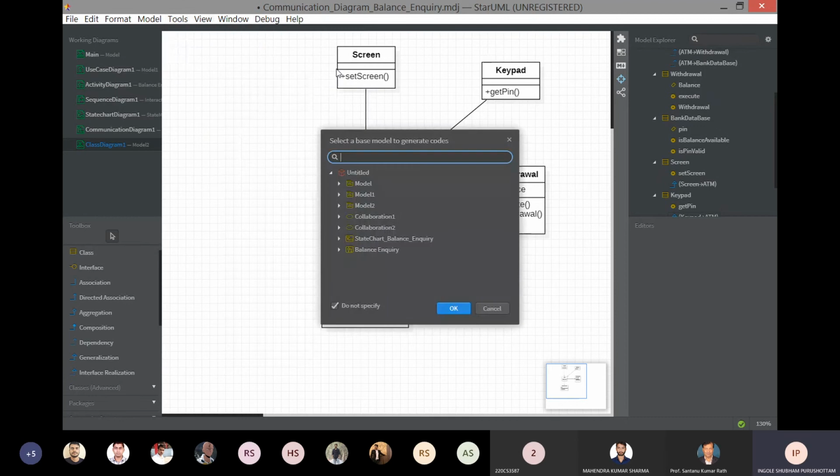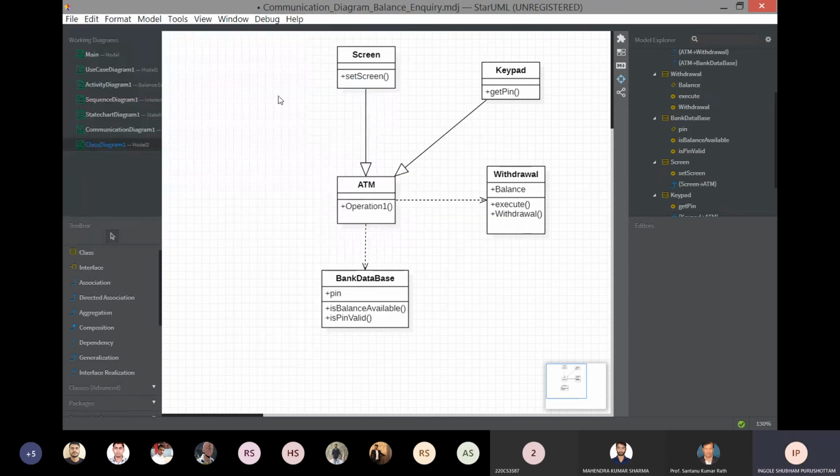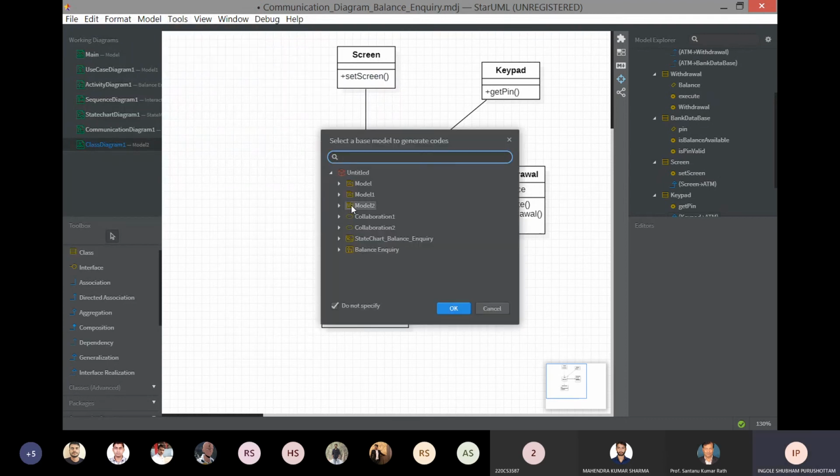I will go to tools again. Okay, it's working. So go to tools, Java, generate code, and select whichever is the class diagram. Our model 2 is the class diagram. So I'm selecting model 2, click OK.